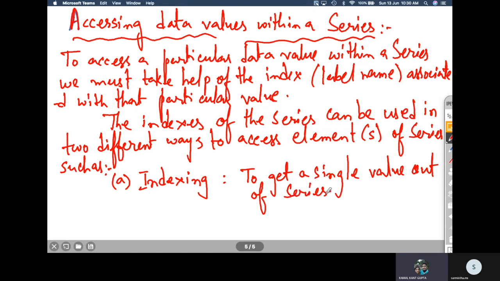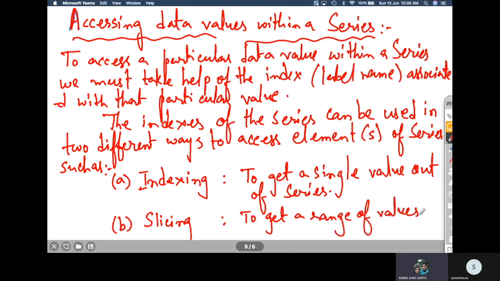This is the first way, indexing. And the second way is slicing to get a range of values out of a given series.